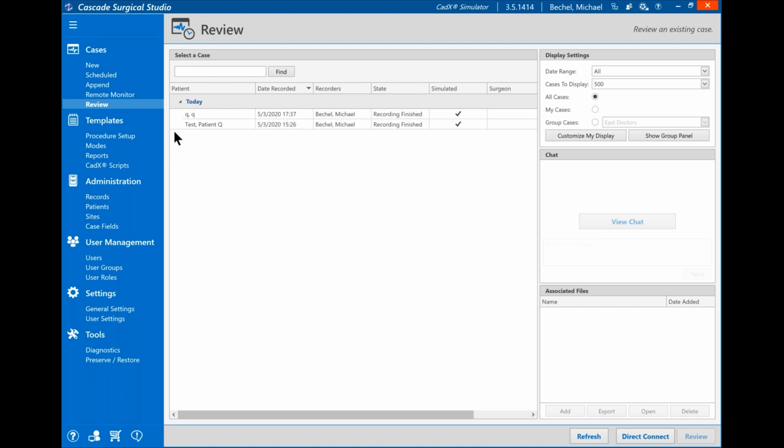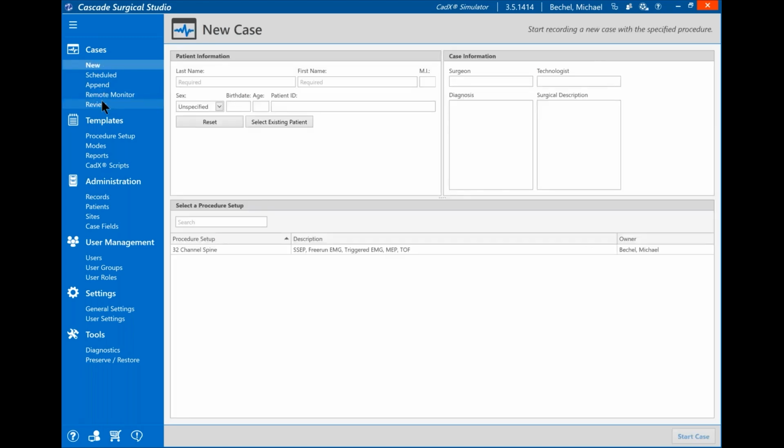Now, if a case is being run, and let's see if I can run one here on my other machine. I'm now starting up a case on a different machine here. So at this point, I'm going to function as the reviewer or a remote physician. And I've started a case on my other machine here. And if I choose remote monitor,